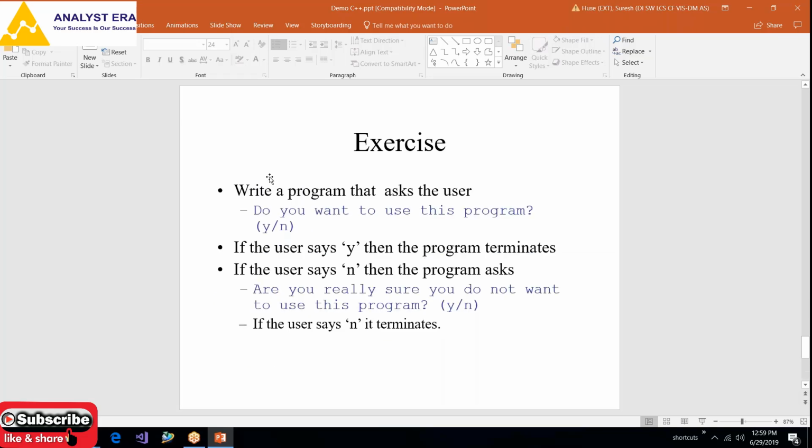I think we can do one exercise: you can take a character as input from the user. If the user says y,